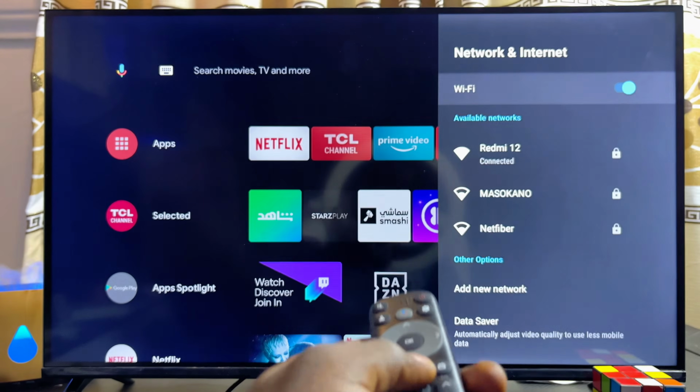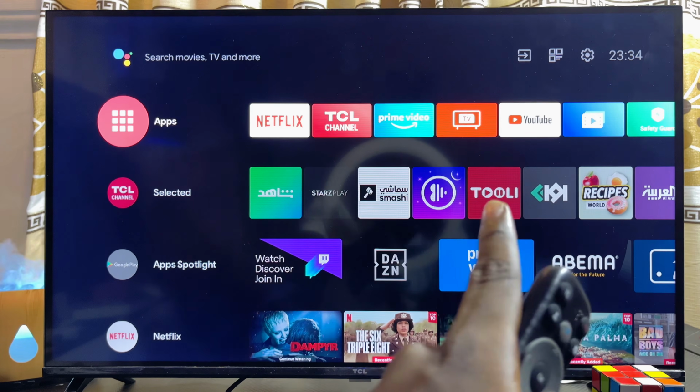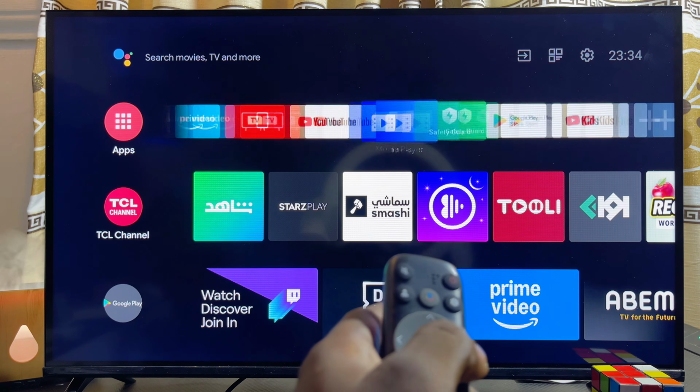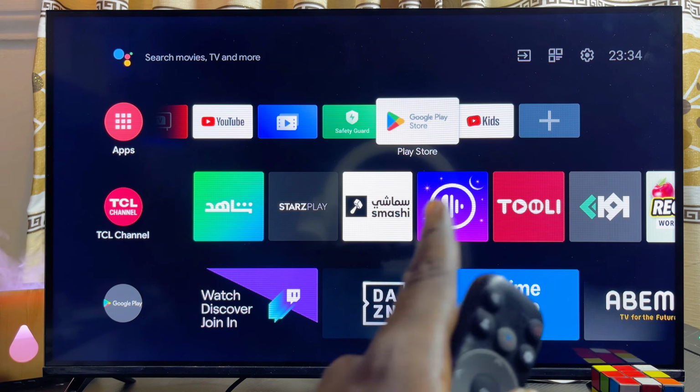And then the next thing you want to do is to come over to this list of apps over here on your TCL Smart TV. So just scroll horizontally until you get to the Google Play Store. If you do not find the Google Play Store over here on your TCL Android TV, just like this one